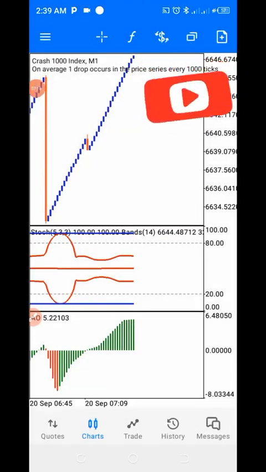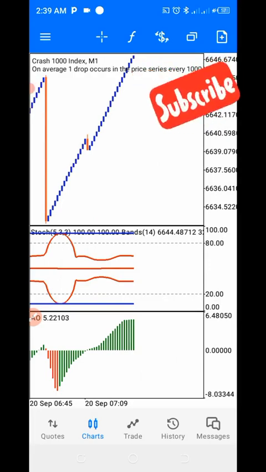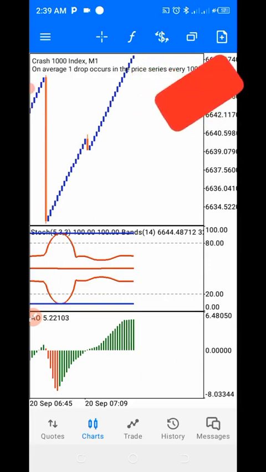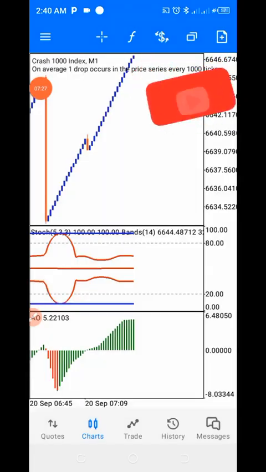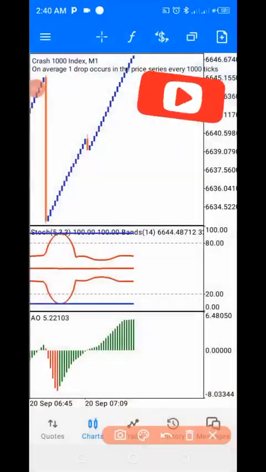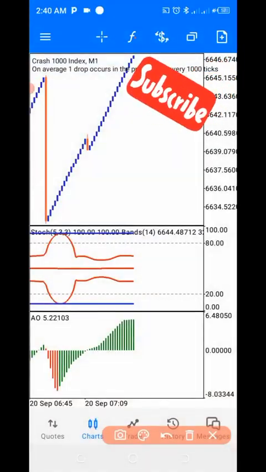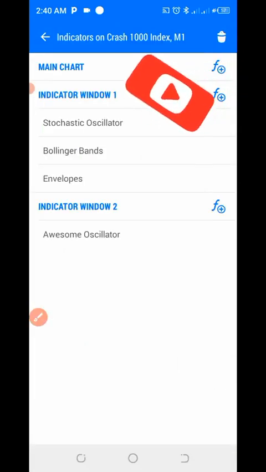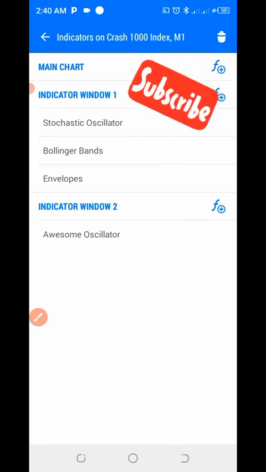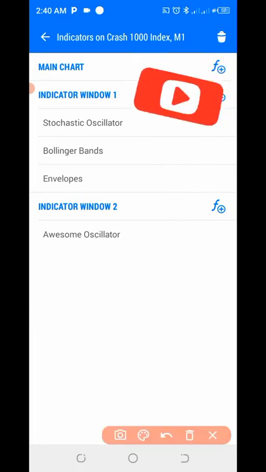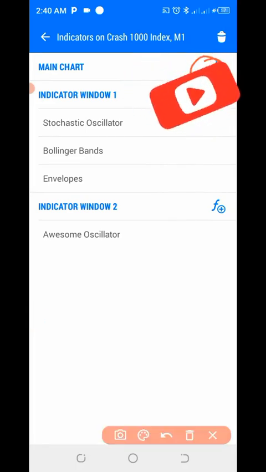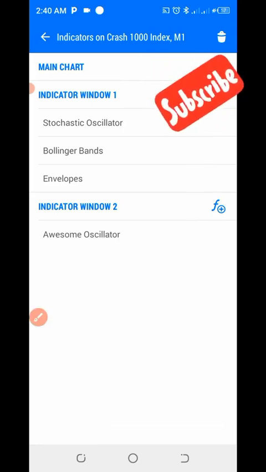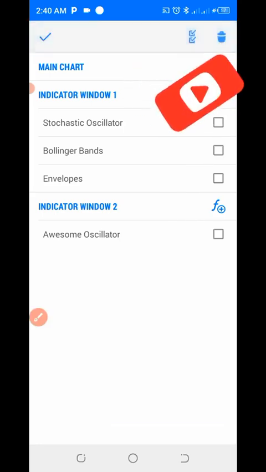The first indicator we are going to be using is that you click on this F here, click on this F plus on this main chart here. Let me even delete everything so that